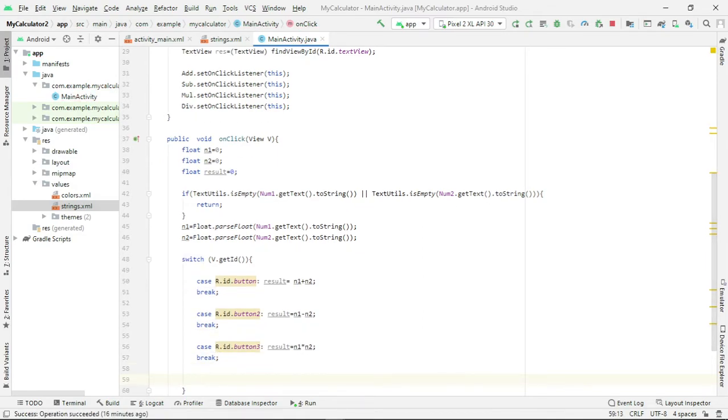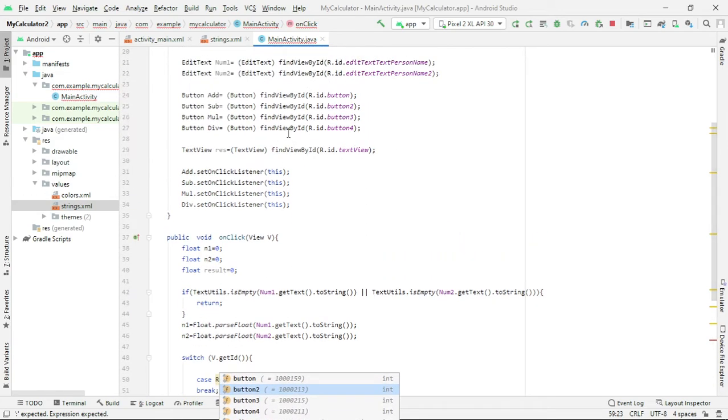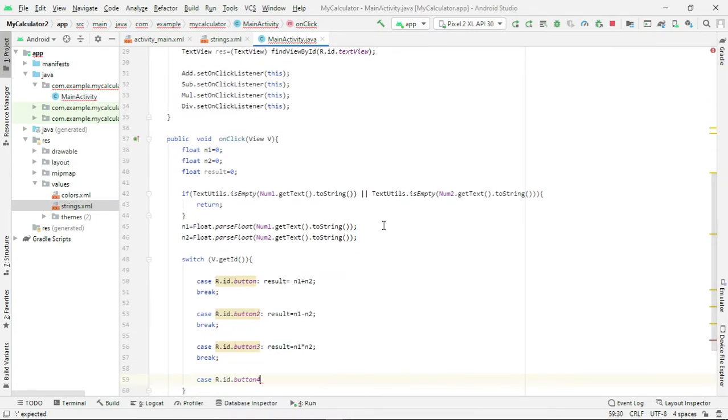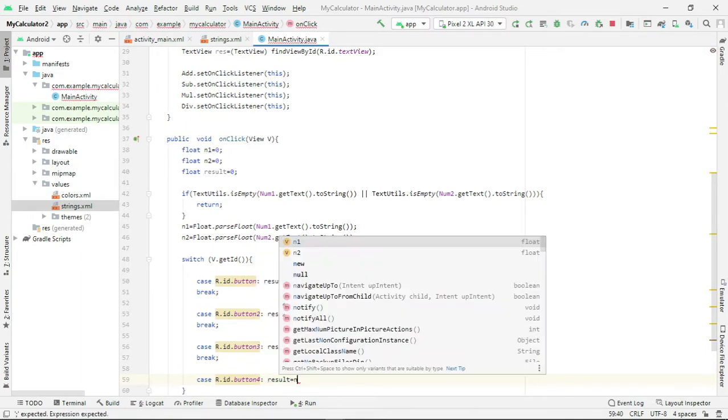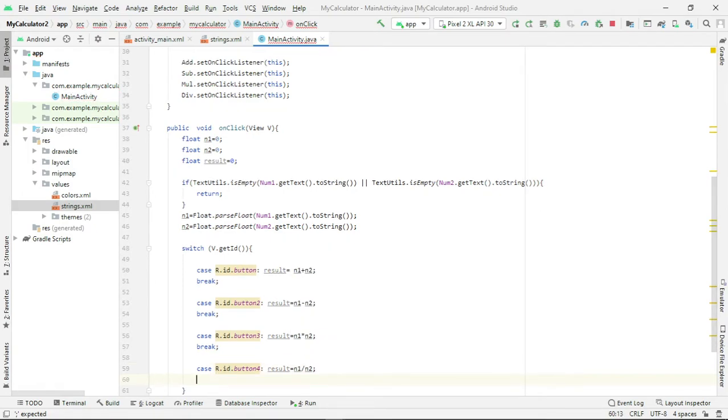Last operation is division. Case r dot id dot button. For a division, the id is button 4. Result equals n1 divided by n2, break.